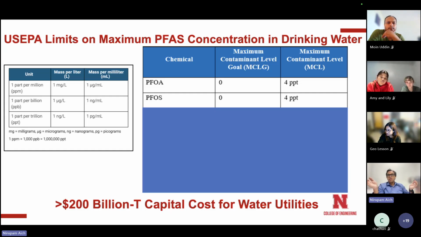Okay, so the second part of this is that the reason EPA is regulating drinking water and not food or other things is that that's the only thing you can actually control. Food is about people's behavior, consumer behavior, right? You cannot control behavior. So although only 20% of PFAS exposure happens through drinking water, we can control drinking water regulation.